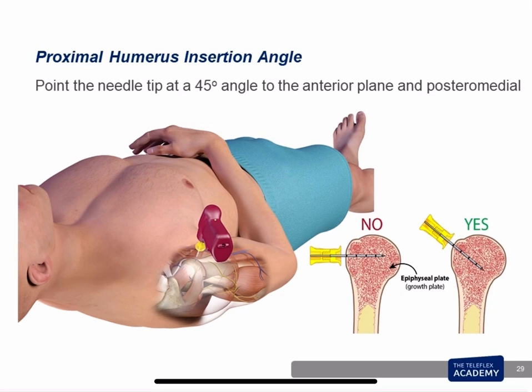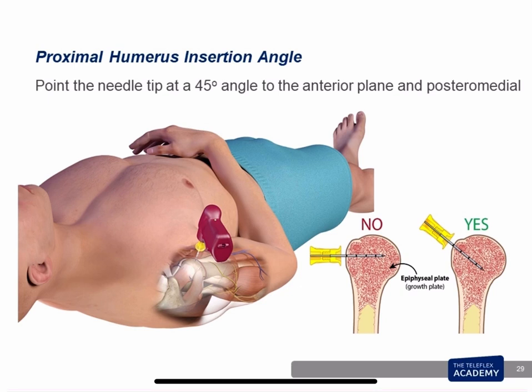You don't want to be lateral, and you don't want to be too far anterior either, or you'll hit that biceps tendon that we talked about. So the needle tip needs to penetrate through the skin approximately 45 degrees anterior to that horizontal plane. And you want to point the needle, in other words, the trajectory of the needle should be roughly 45 degrees